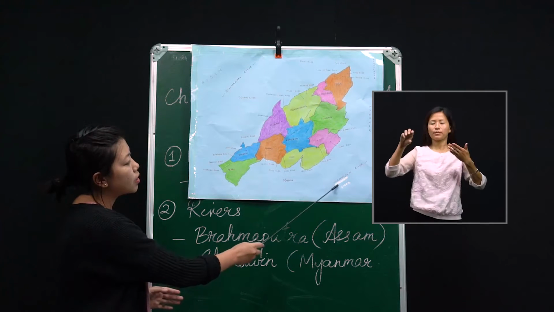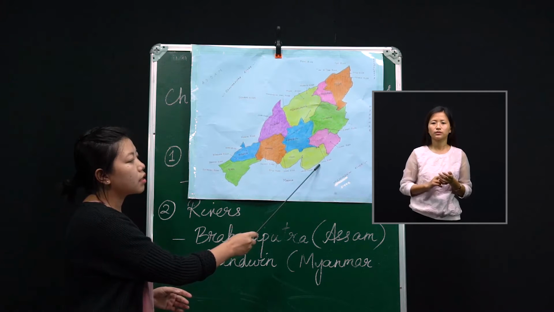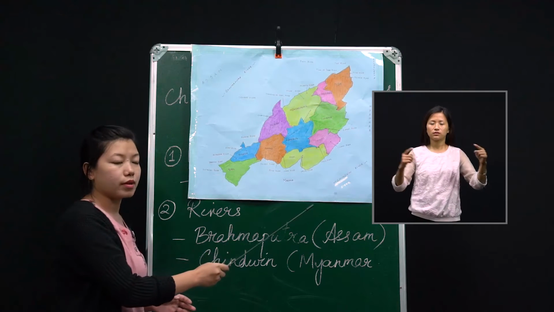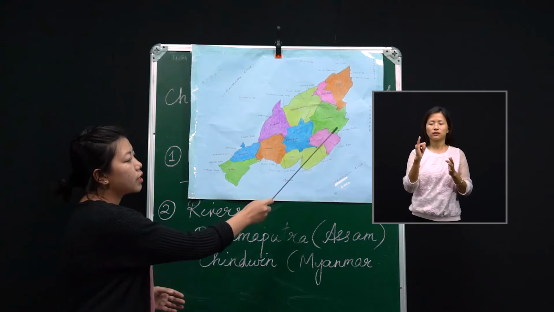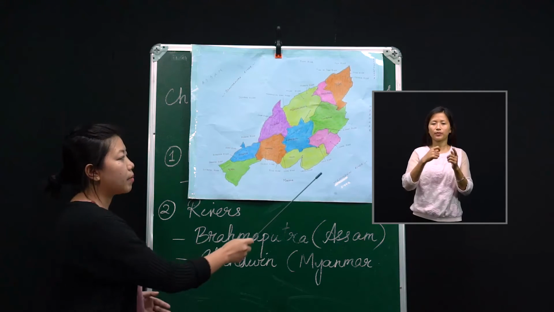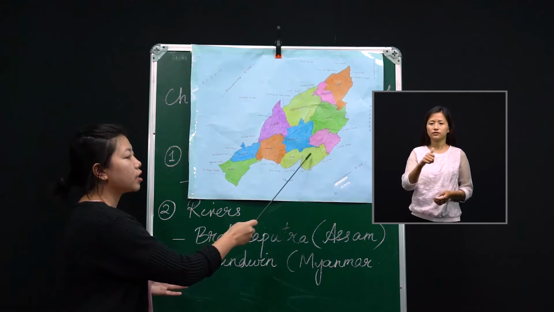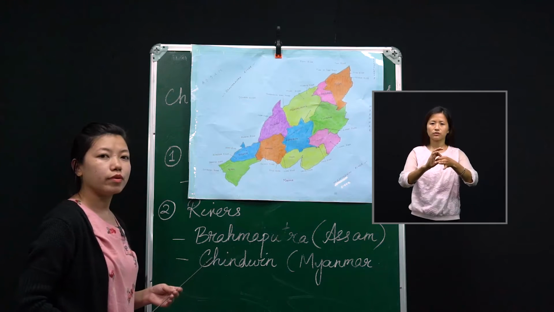Now coming to the Chindwin River. Here in the Chindwin River, the biggest river is the Tizi River. Why? Because the Zunki and the Likimro, all these rivers, come and meet up at the Tizi River, and only after they meet up at the Tizi River do they go and join the Chindwin River.